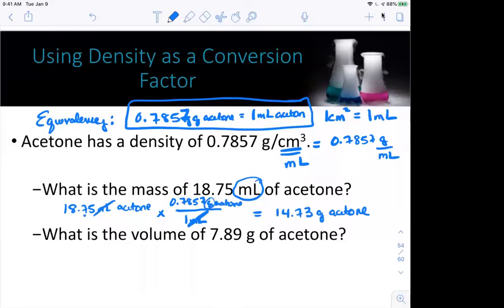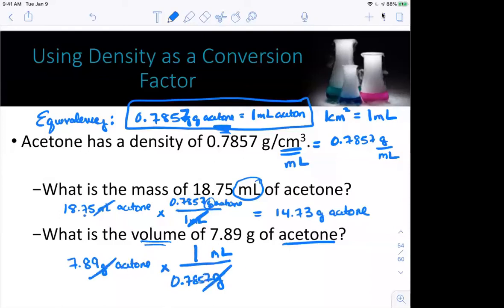In my next problem, I'm going from volume to mass. It's still acetone, so I still use the same conversion factor. My given here is 7.89 grams of acetone. I'm now going to use the form of the conversion factor where grams is in the bottom and milliliters is in the top because I want to convert to the volume. So I put a 1 here and I put a 0.7857 grams down there. Grams are going to cancel. And what I find out is that is equal to